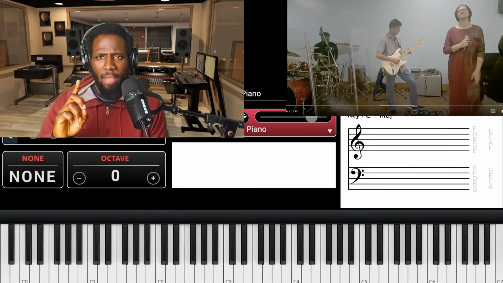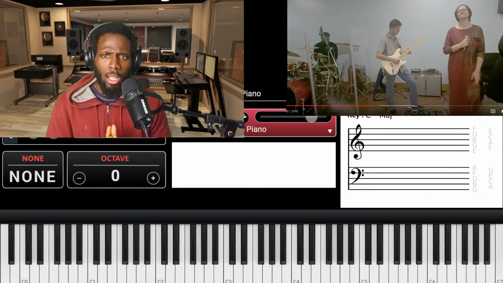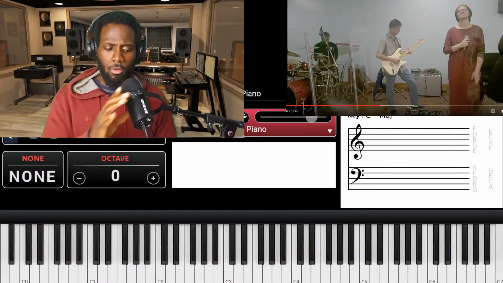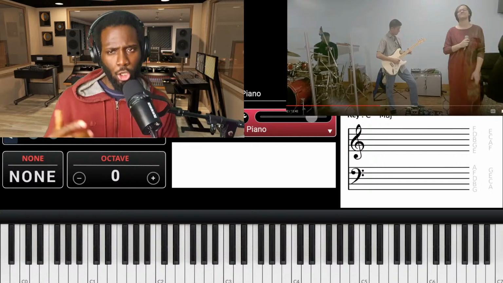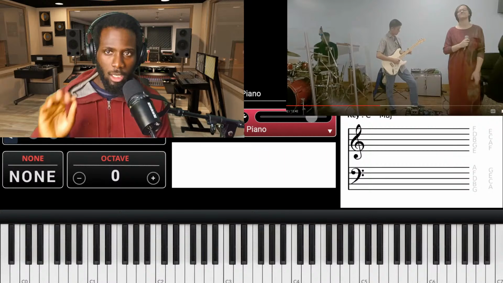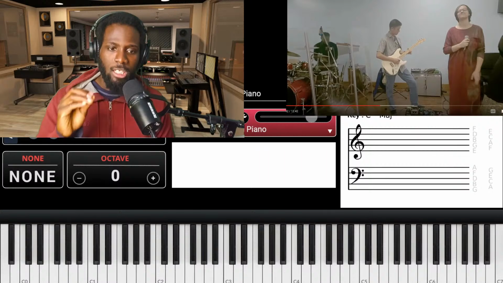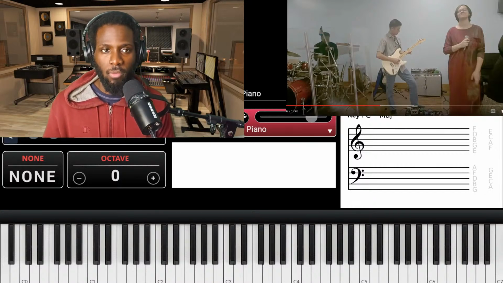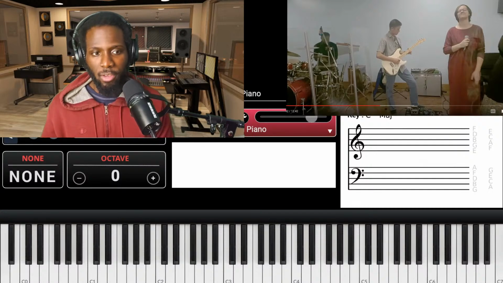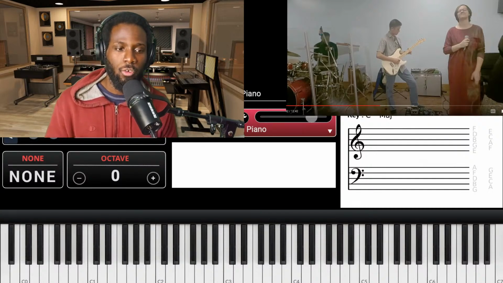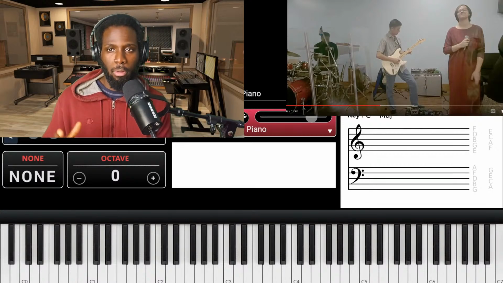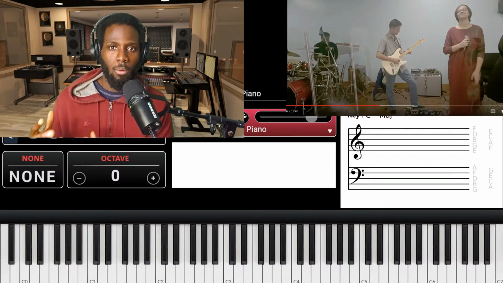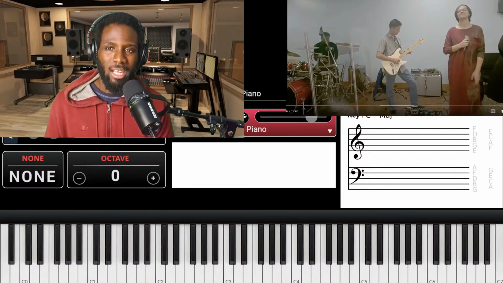So I want to add one caveat in there. I notice sometimes I talk about the degrees. The reason why I talk about degrees, if you guys don't remember, let me give you a quick recap. It's always important to think of these notes in terms of numbers, because it helps you transpose, which is just a fancy word for playing the same song within a different key. If you can understand the scale degrees of what you're playing, it's going to help you play them in different keys much easier. Now, for example, although I was saying A minor 7,